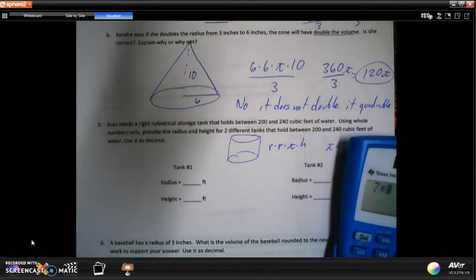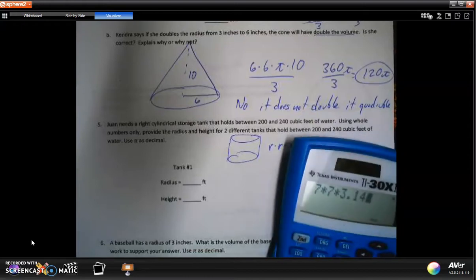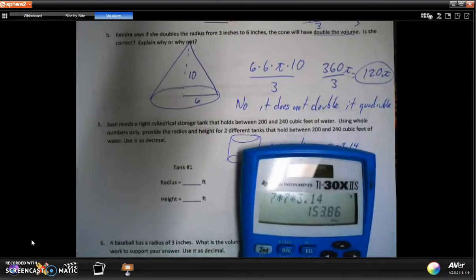So 7 times 7 times 3.14. Okay, what does that equal? 153? Geez, I don't know. It probably won't work because if I times it by 2, it would be outside of the barrier. So let's try a smaller number. 5 times pi